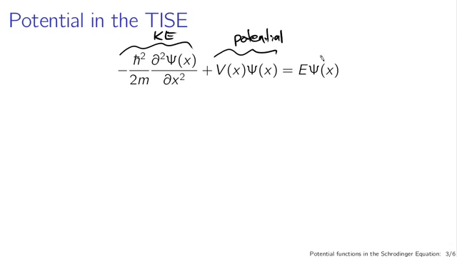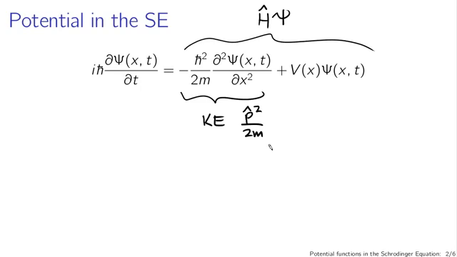This operator gives you the wave function itself back multiplied by E over 2m, sort of a quantum mechanical analog of p squared over 2m in classical mechanics. And the second piece here is, in some sense, the potential energy. This V of x is the potential energy as a function of position, as if this were a purely classical system. For instance, if the particle was found at a particular position, what would be its potential energy? That's what this function V of x encodes. Now we know in quantum mechanics we don't have classical particles that can be found at particular positions. Everything is probabilistic and uncertain, but you can see